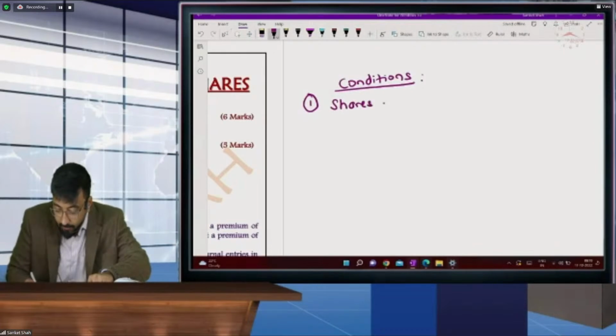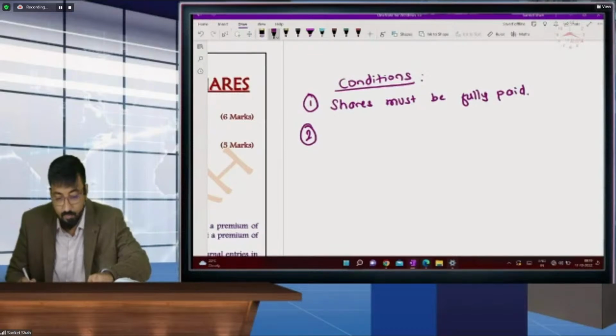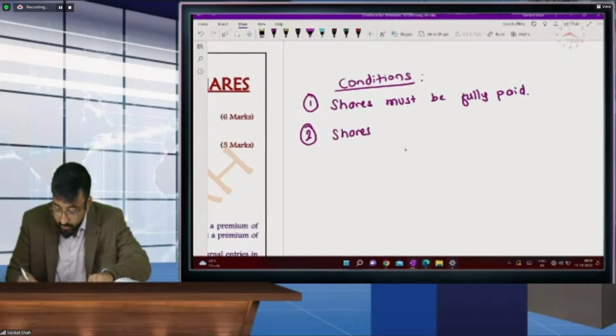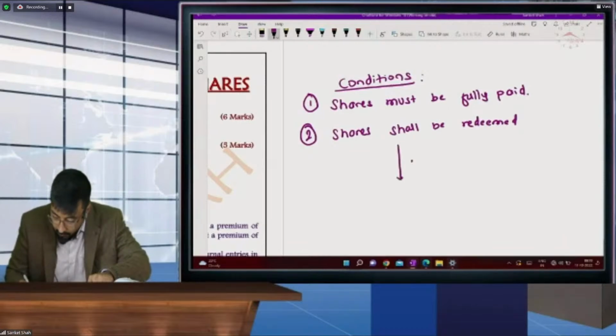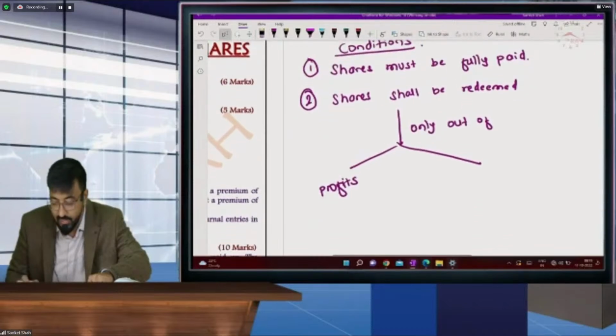Shares must be fully paid. This is the first provision. Second one, shares shall be redeemed only out of profits. So I am giving you this diagram only for your understanding purpose. In exam, you can write it not in the diagram form, but better in the text form. Only out of profits